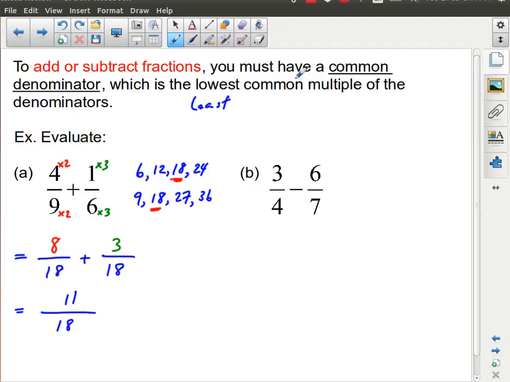Now, let's move on to another example. We have subtraction done exactly the same way. Now, another quicker way you can do this. Rather than just blindly writing things out, I'm going to start with my two denominators, 4 and 7, and then I'll say,